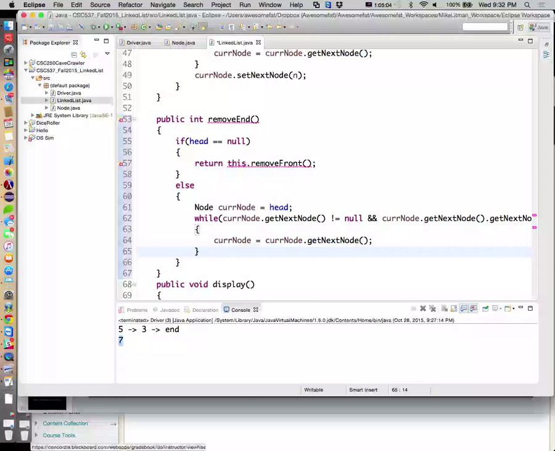All right. Once we're out of this while loop, Cur Node will be equal to the position right before the last element of the list, except if it was a one list. So I need to make sure that Cur Node at this point is not equal to head.